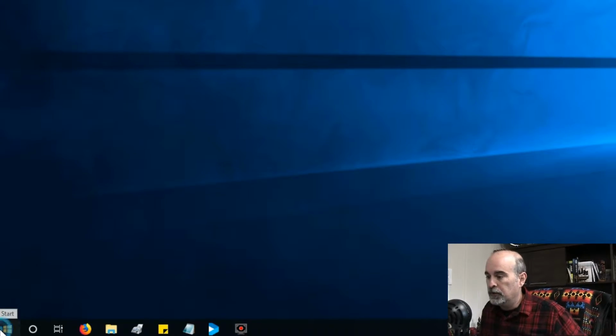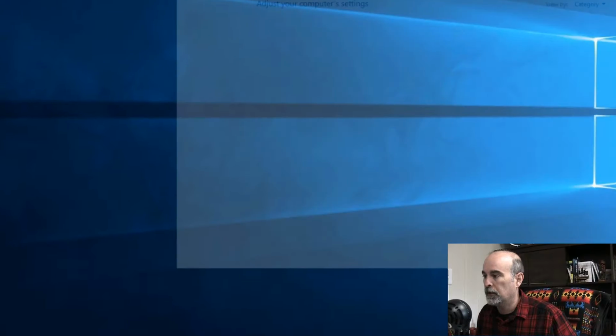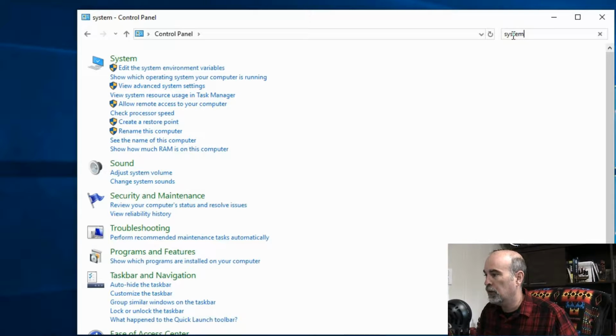So if I go down to the start button and we'll search for the control panel. So in the control panel you can search for system, and actually that's not even the way I was going to do that.